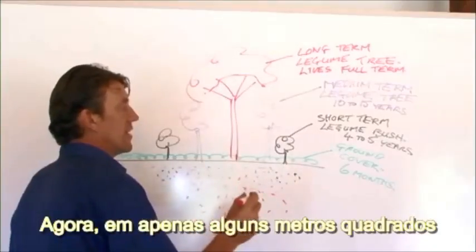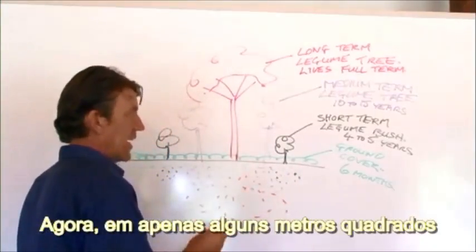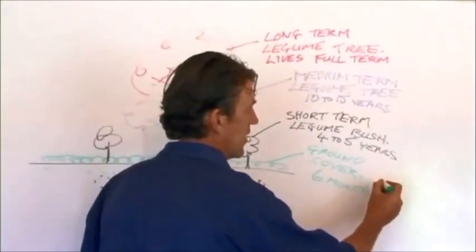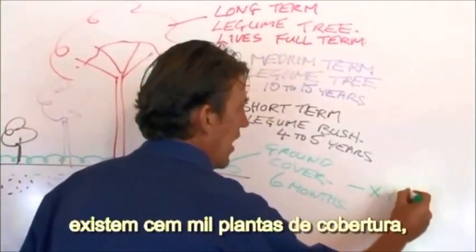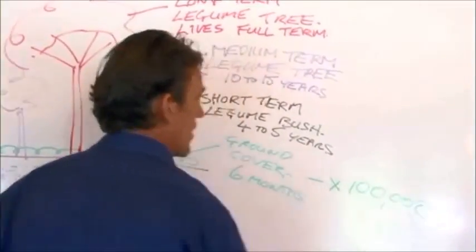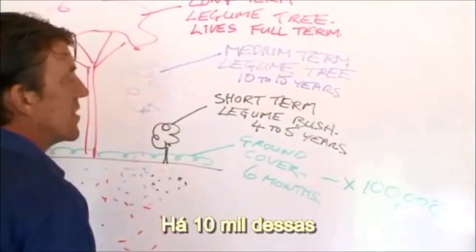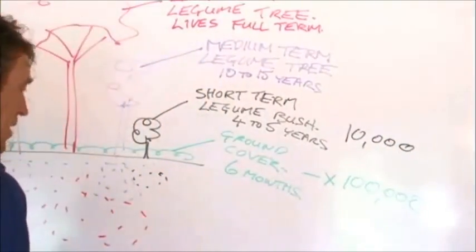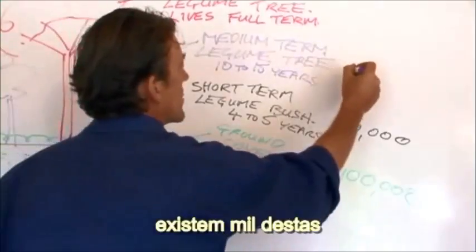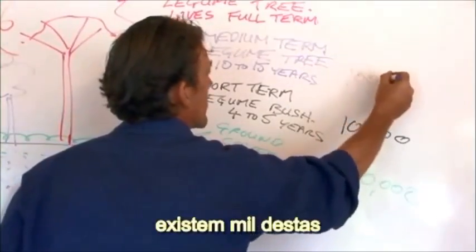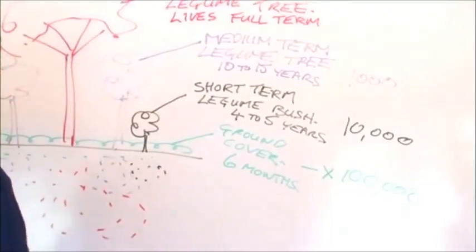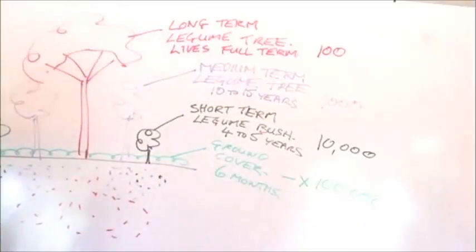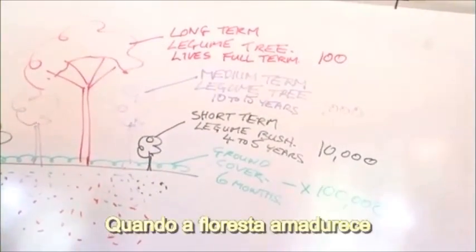Now, in just a few square meters, there's hundreds of thousands of these. There's tens of thousands of these. There's thousands of these. And there's only 100 of these, when the forest is mature